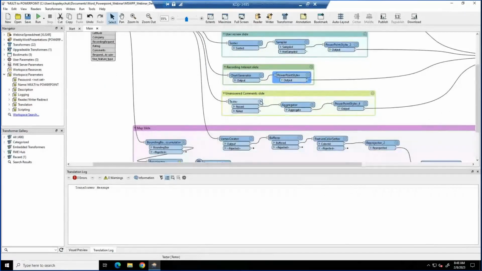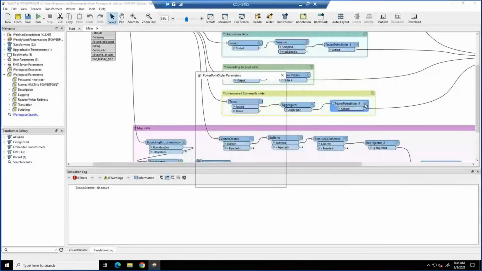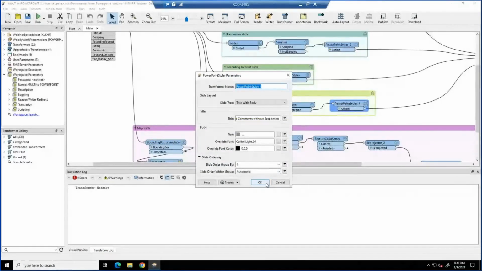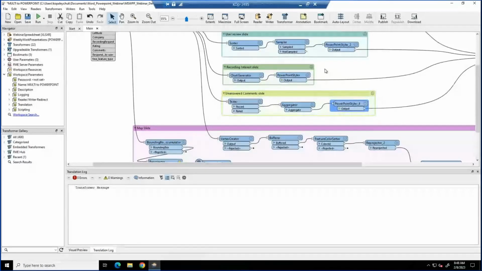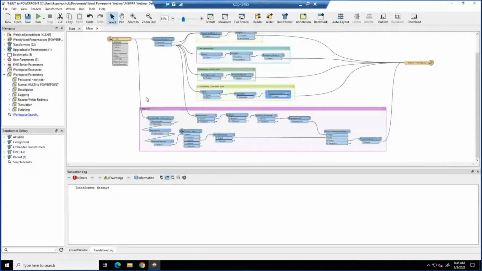And then lastly, I would like to know if there's any unanswered questions. So we're going to use some conditionals to pull out any unanswered questions and then write them all to a consolidated slide where maybe someone can go and address them later on. Because we're using FME, I wanted to bring some kind of spatial element into our PowerPoint. So I tried to create a map slide. Little did I know that map slides are actually exclusive for vectors. So if you're trying to write some kind of raster image or raster map, you're going to have to use an image slide.